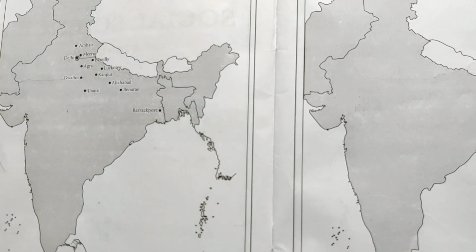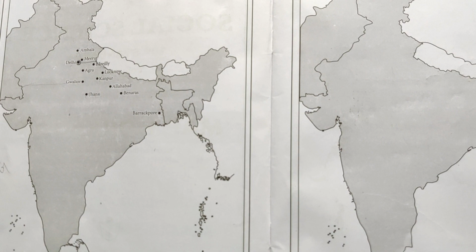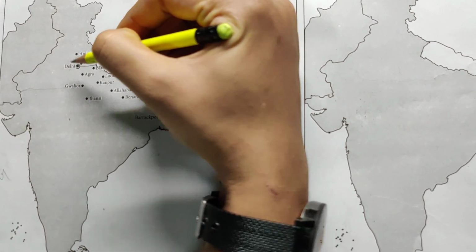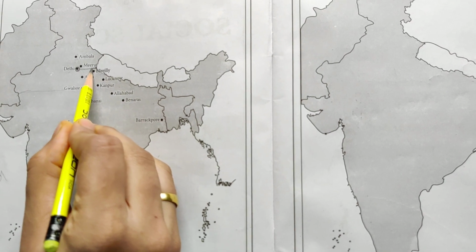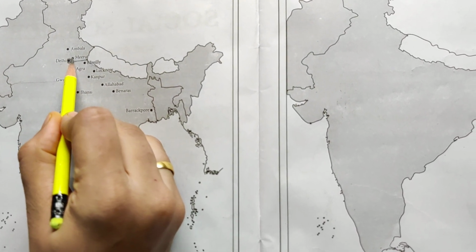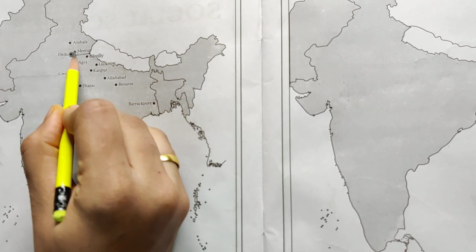Can you see in the other map? This map has not given the 76 degree. In another map you will have 76. So straight away at the 76 degree you can mark Delhi, and this is the curve. Once you mark Delhi, next to Delhi will be Meerut. Meerut is also nearby the curve.